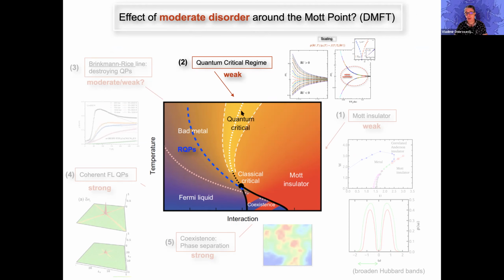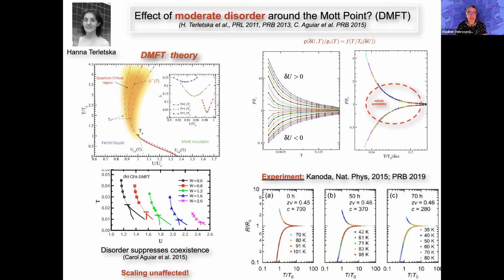This is pretty much the boundary between a region which has a Mott gap and a region which is some poor conductor, but without a gap in the density of states. And you may ask what happens here. Well, what happens here was first discovered in her famous work, which she did as a graduate student, by Anya Terlecka, and now confirmed by many experiments. What she discovered is the precise trajectory, which can be understood as the trajectory where the Mott gap is suppressed. We can obtain such a result with DMFT.